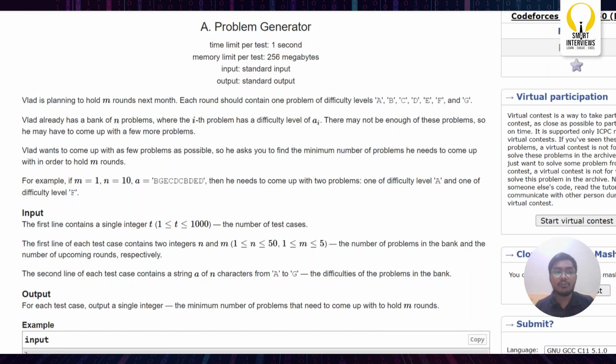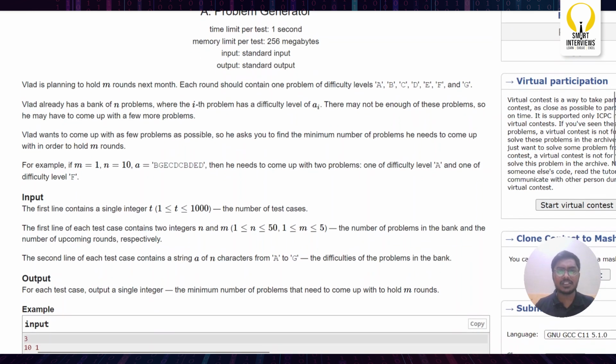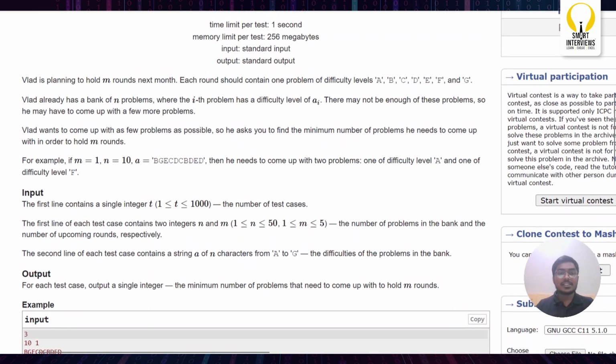Because he wants to conduct one round, that means the problems of difficulty level from A to G should each be present at least one time in his set of problems. But if you look, A is not there, and along with A, F is also not there. So here he needs to come up with at least two problems. I hope the question is clear. Next,